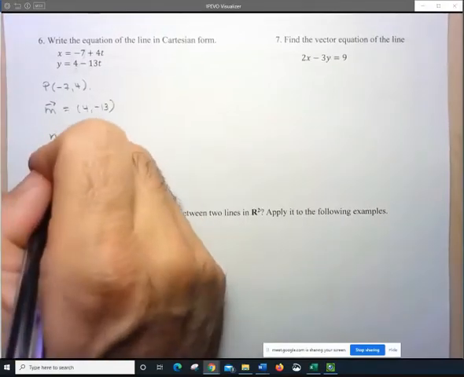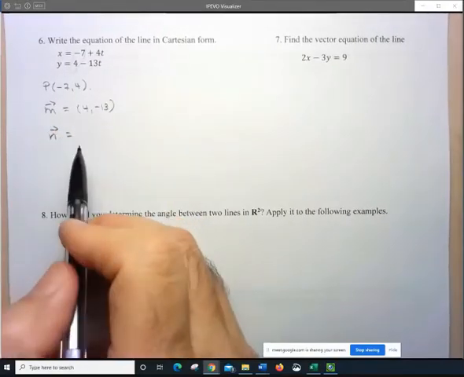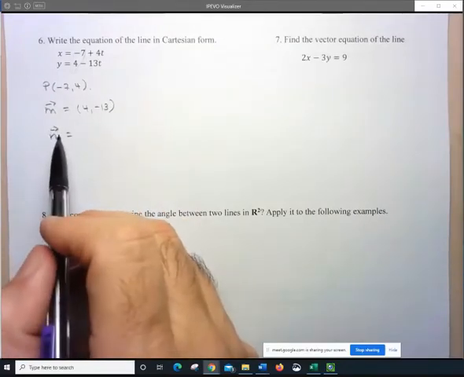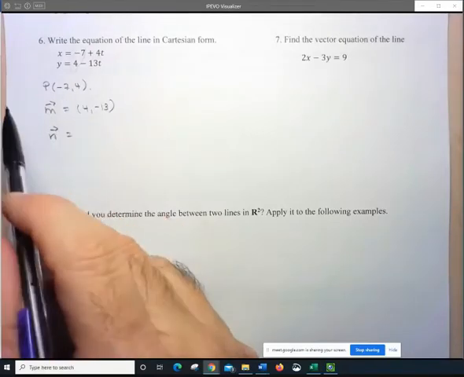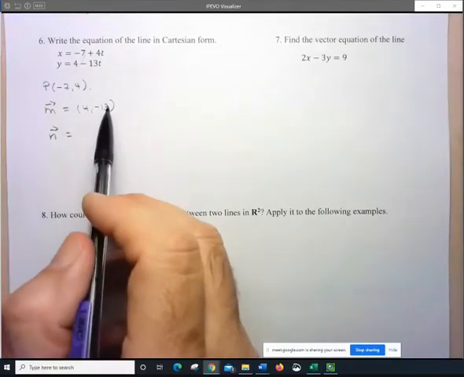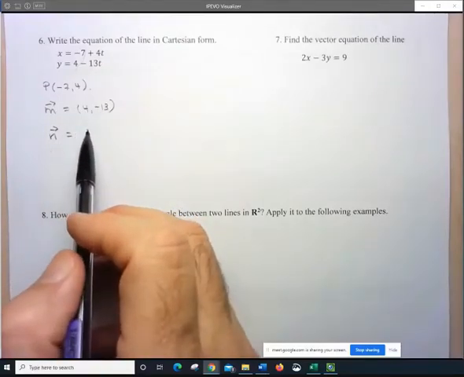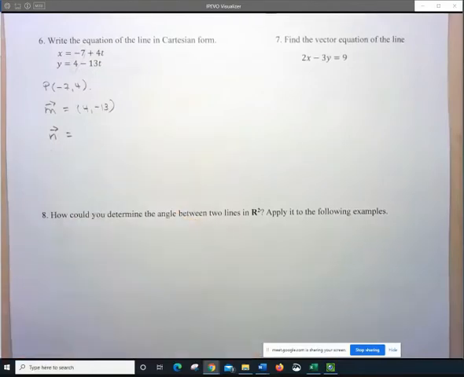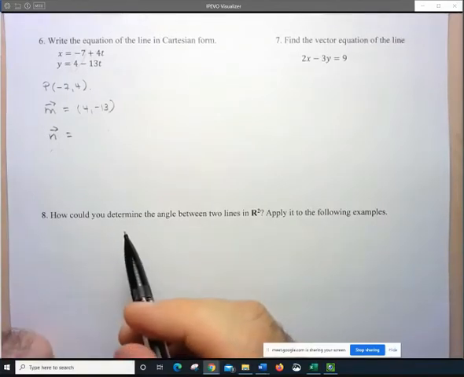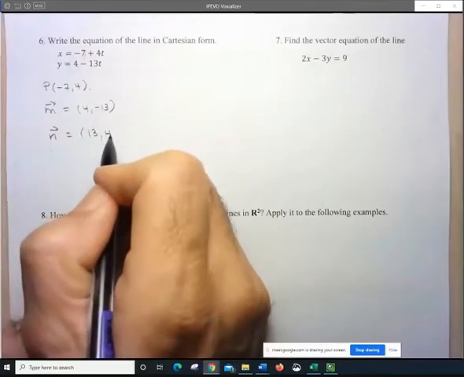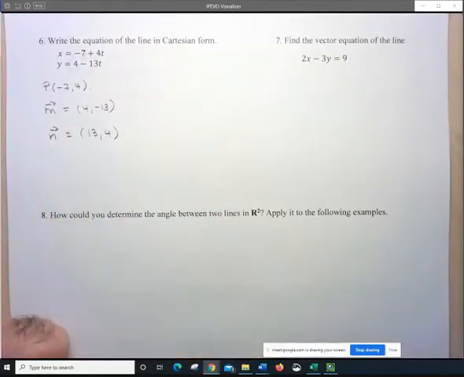And how do I take this direction vector and turn it into a normal vector? In other words, a vector that's perpendicular? Well, hey, I'm going to use that trick we just saw. I just have to switch the components and make one of them negative. So I could use (-13, -4), which of course is not what I'm going to use, because if I have the choice, I'd rather work with positive numbers. (13, 4), I know based on what we just established, must be